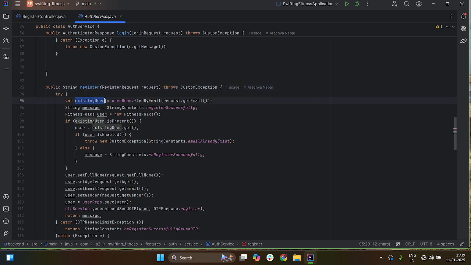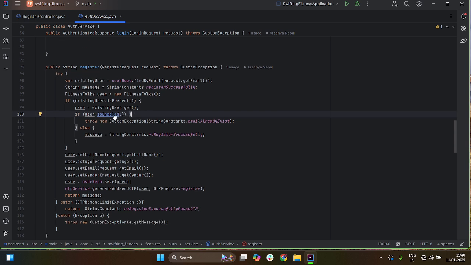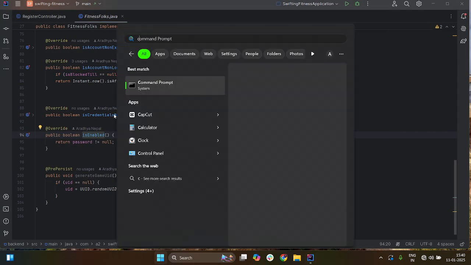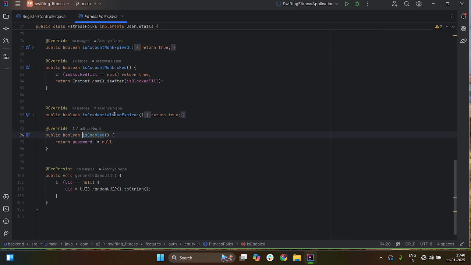At first we check, is there any existing user? If there is an existing user, we check if the user is enabled. What does user enabled mean? So what it means is that, let me open